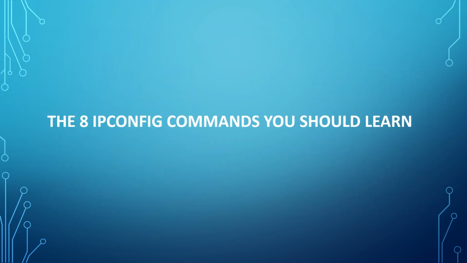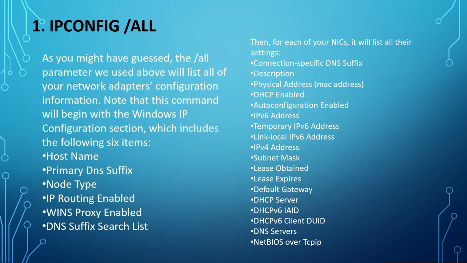The 8 ipconfig commands you should learn. 1. ipconfig /all. As you might have guessed, the /all parameter will list all of your network adapters' configuration information. Note that this command will begin with the Windows IP configuration section, which includes the following 6 items: the host name, primary DNS suffix, the node type, IP routing enabled, WINS proxy enabled, and the DNS suffix search list. Then, for each of your NICs, it will list all their settings: connection-specific DNS suffix, description, physical address